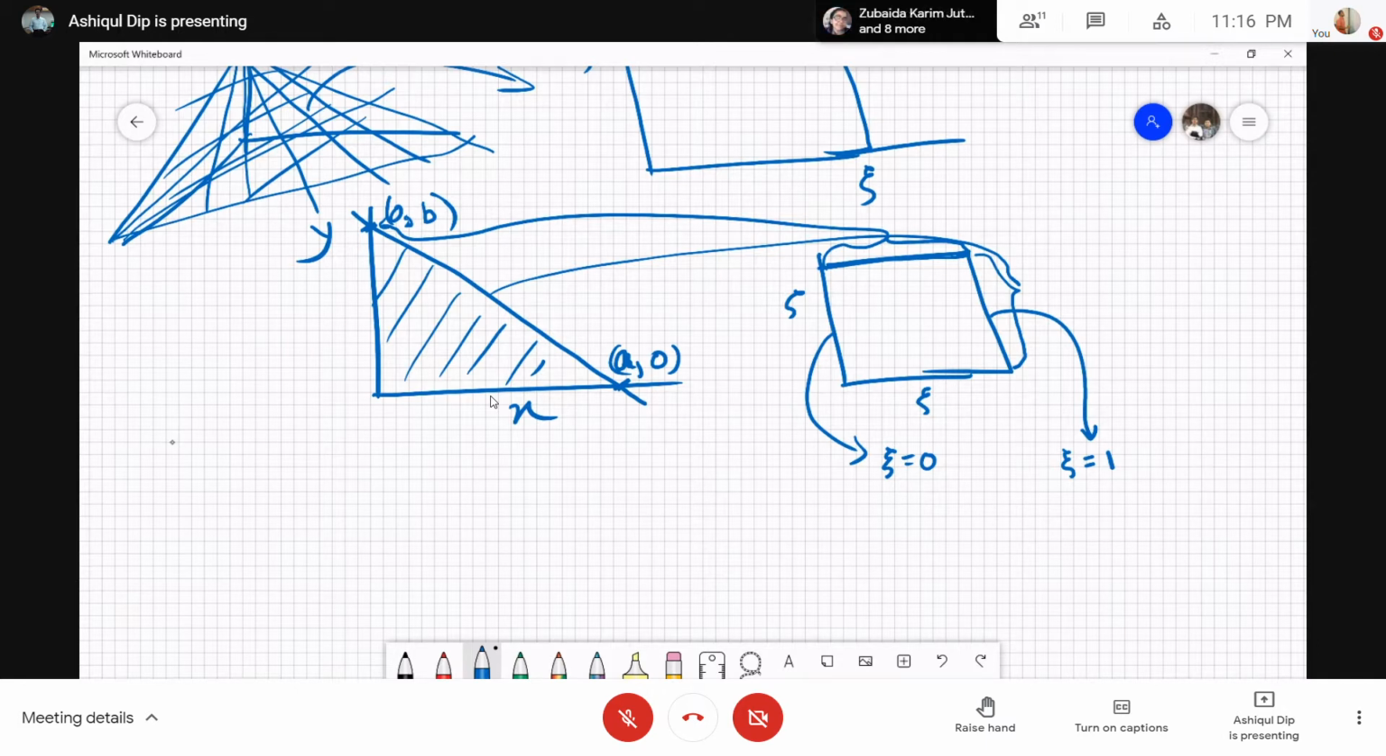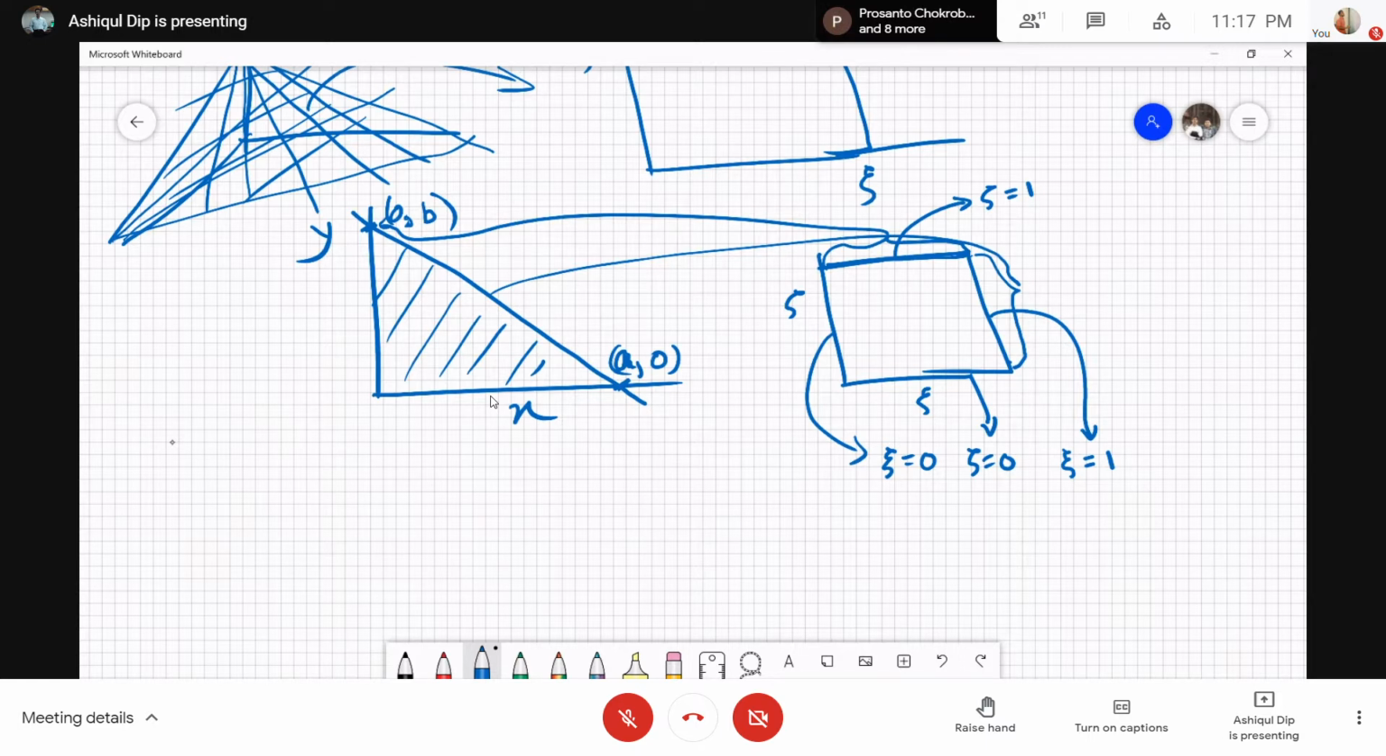So what's the equation for this line? Zeta is equal to 0. This is zeta equals 0, and this line, zeta is equal to 1. Zeta equals 1. Okay, so now I want a map such that all the points over this line become this small segment where xi equals 1. So to do that